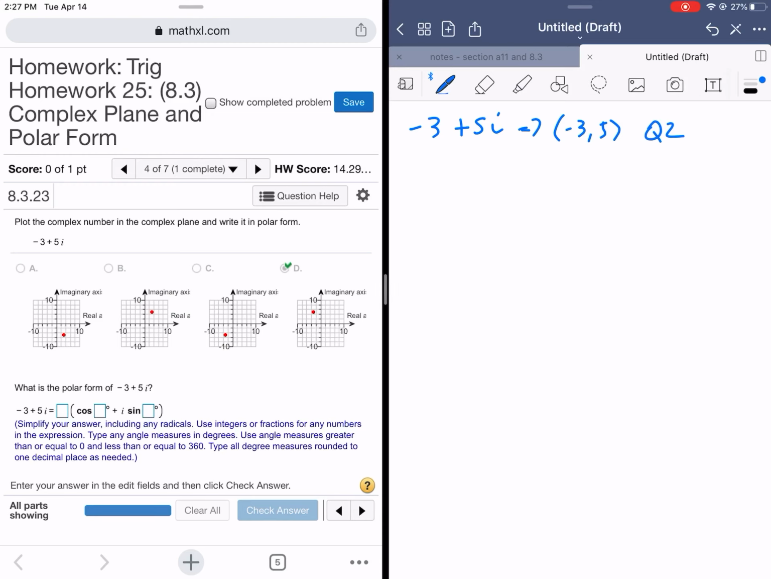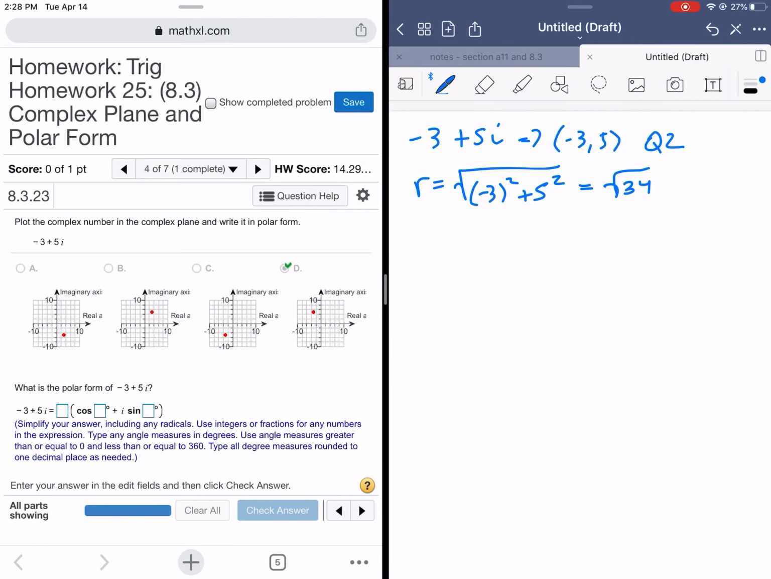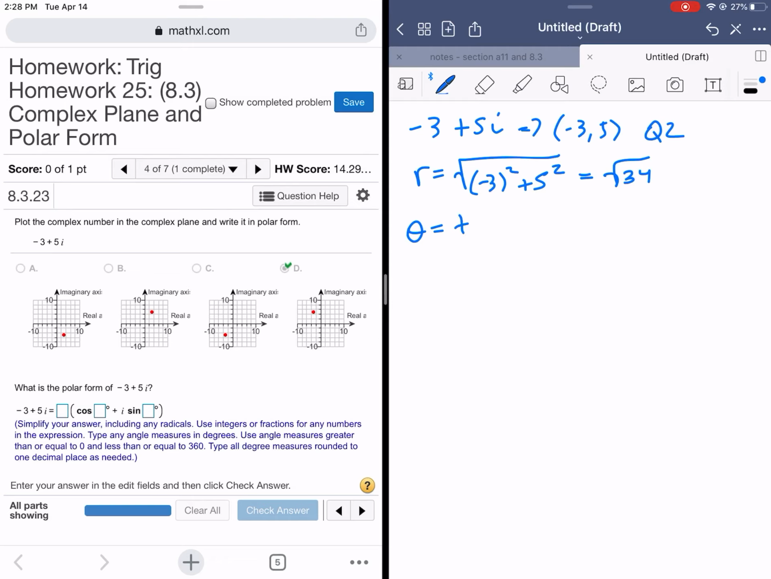Okay, so now we want to write it in polar form, which means we're going to, first of all, find our r, which is going to be the square root of negative 3 squared plus 5 squared, which will be the square root of 34, I believe, 25 plus 9. And then our angle theta is going to equal tan inverse of the imaginary part, which is 5, divided by the real part, which is negative 3. And so typing that into my calculator real quick, I'm going to get negative